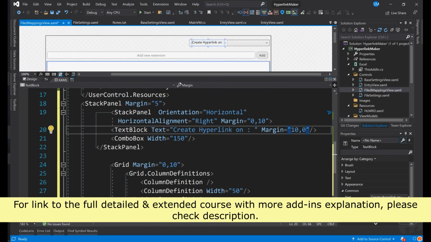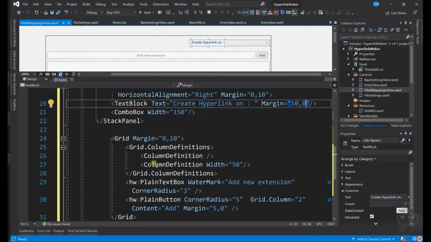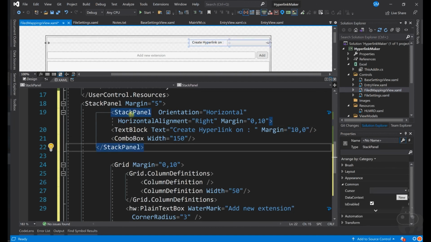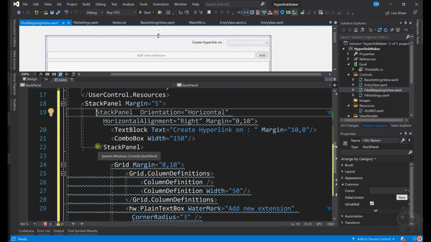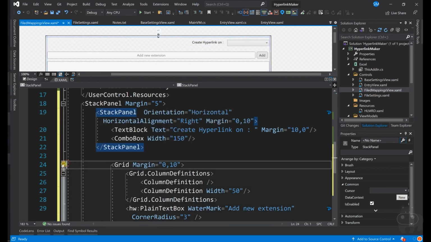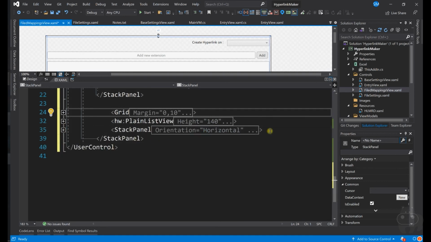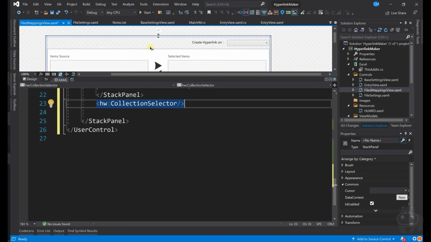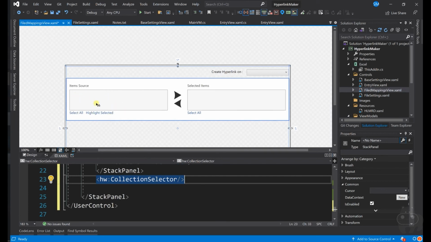The next one, this is the idea behind that, but let's prepare something else. Let's prepare a collection selector. What is a collection selector? Collection selector is something like this, it gives all the items that are present.